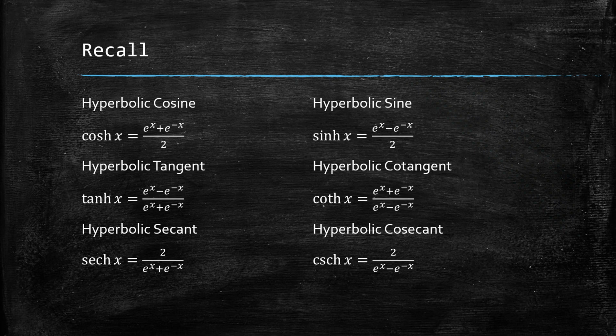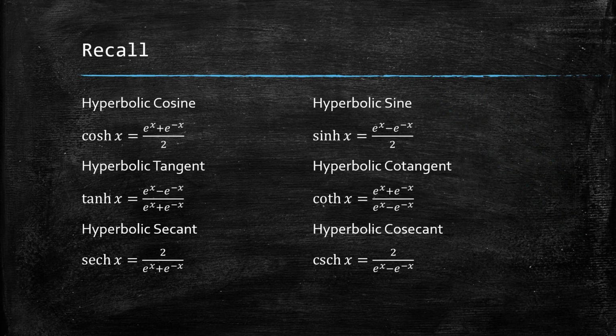The hyperbolic cosine is equal to e to the x plus e to the negative x divided by 2. The hyperbolic sine is equal to e to the x minus e to the negative x divided by 2. The hyperbolic tangent can be thought of as the hyperbolic sine divided by the hyperbolic cosine, which is equal to e to the x minus e to the negative x divided by e to the x plus e to the